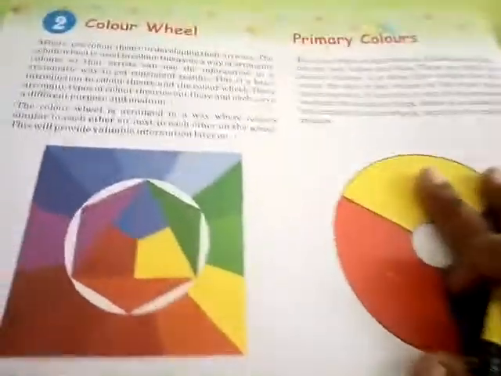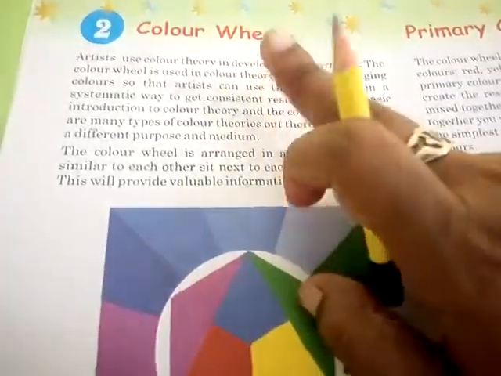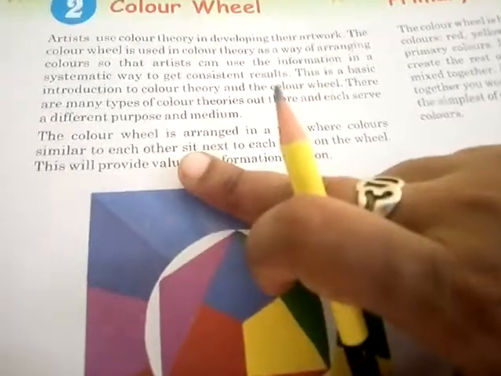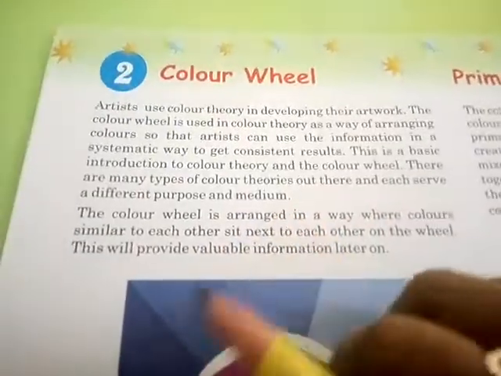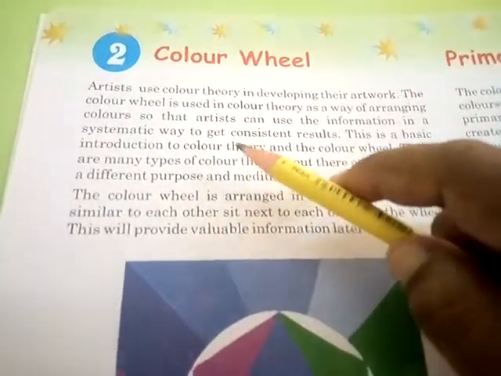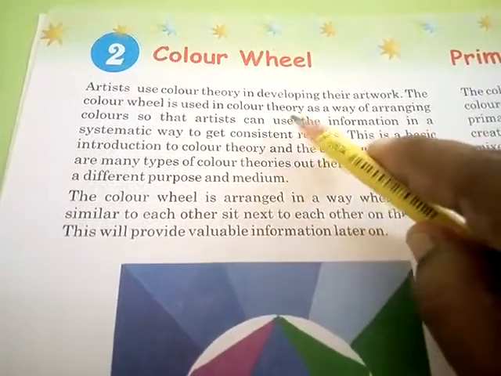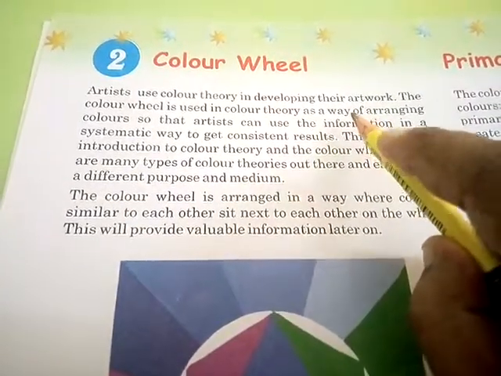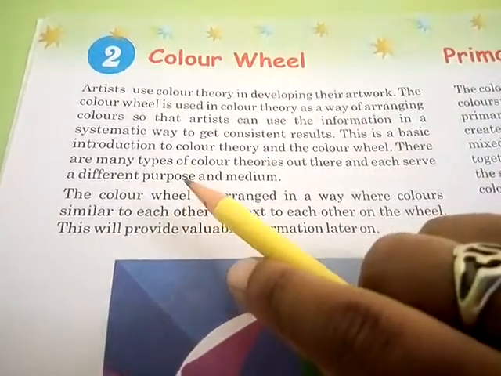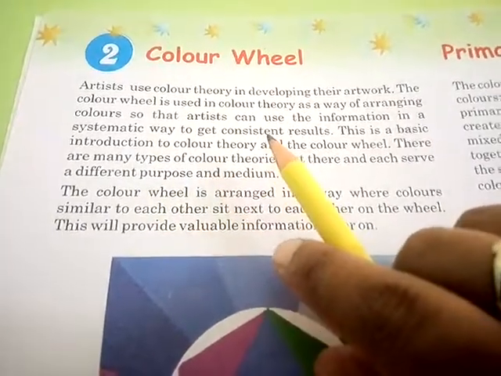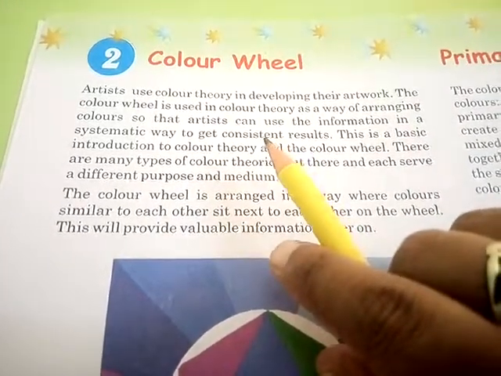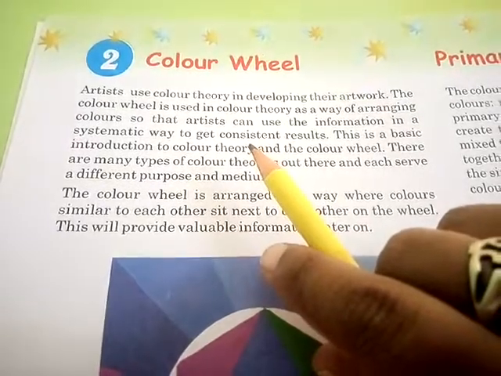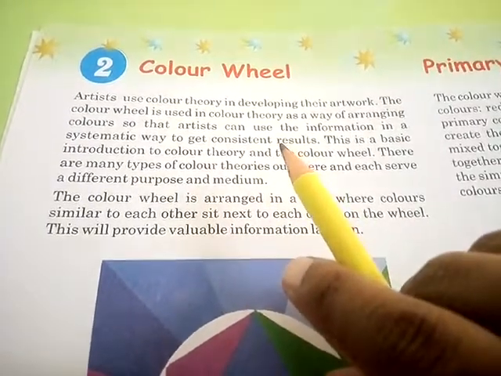Second, color wheel. So the most important part is color also. Here artists use color theory in developing their artwork. The color wheel is used in color theory as a way of arranging colors so that artists can use the information